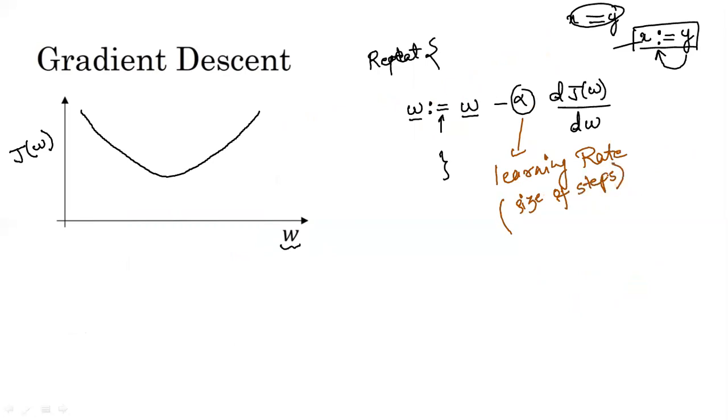Okay, and how to choose the size of these steps and the learning rate alpha, I'll tell you in future video lectures. You don't need to worry much about this learning rate as of now, but you need to understand the notations and the intuition of this notation. That is, this alpha represents the learning rate, which is basically the size of steps you need to take while moving down to the global minima. And now this term dJ(w) upon dw basically represents the derivative.